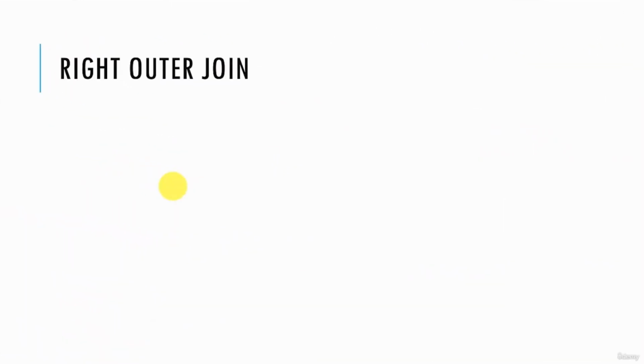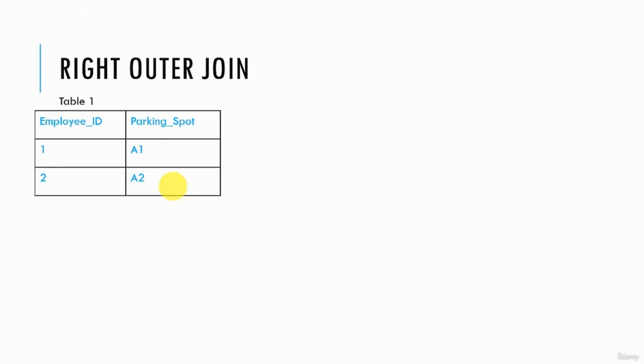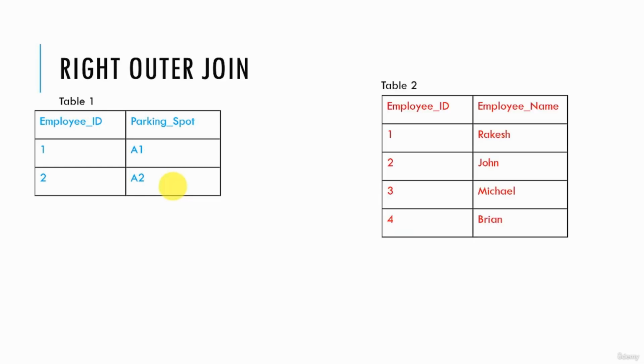Right outer join, it's exactly the opposite. So let's take another example. Table 1, 2 rows, 2 columns, employee ID and parking spots, right? Then you have table 2, which stores employee ID and employee names. Now, how would you join these 2 tables? Employee ID is the common column which will help us join these 2 tables. But if you look at the right hand side table, it has 2 extra rows for employee ID 3 and employee ID 4, right? Now, if I right outer join,